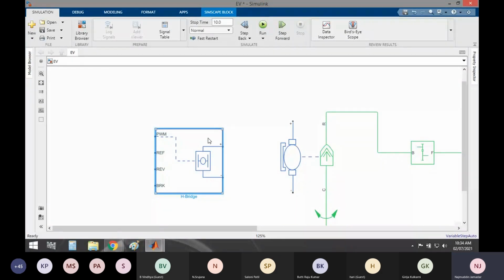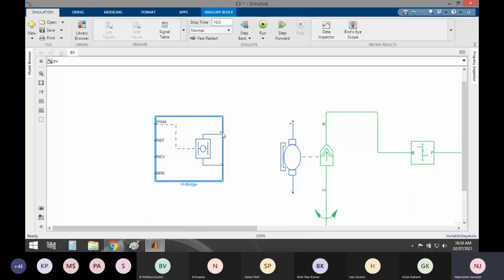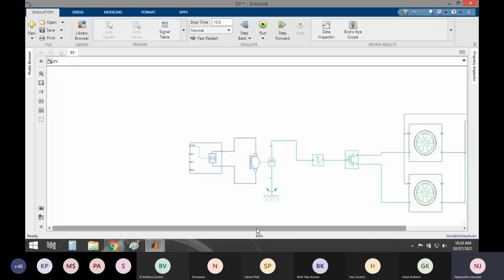So simply I will connect the positive terminal of the H bridge output to the positive terminal of the battery motor, and negative to the negative terminal of the motor. So now my power converter is connected. What else we require now is a control signal, because unless we have a control signal we can't run our vehicle.